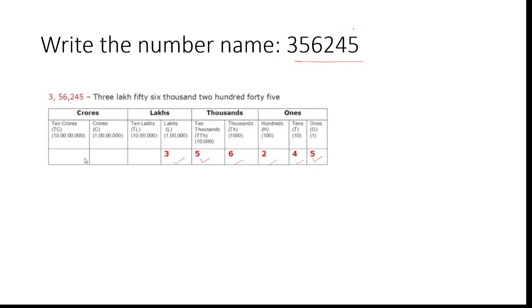Starting from 5, we write the places: first ones, then tens, then 100, 1000, then 10,000,